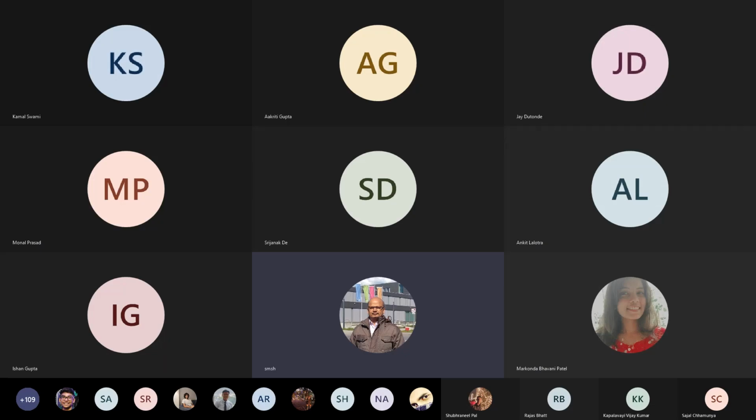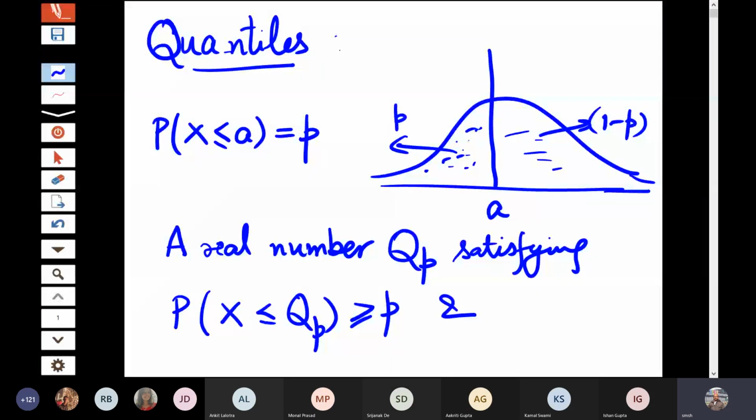Higher order moments like the third order central moment are used to check the skewness of a distribution. We have used the fourth order moment, which is used for checking the kurtosis of a distribution. So there is another type of characteristic which is talking about the points on the curve.